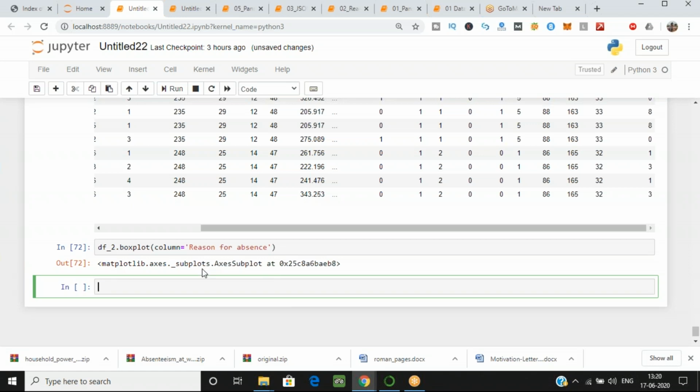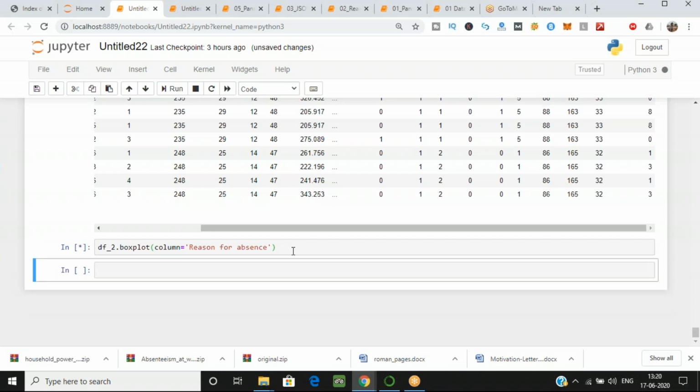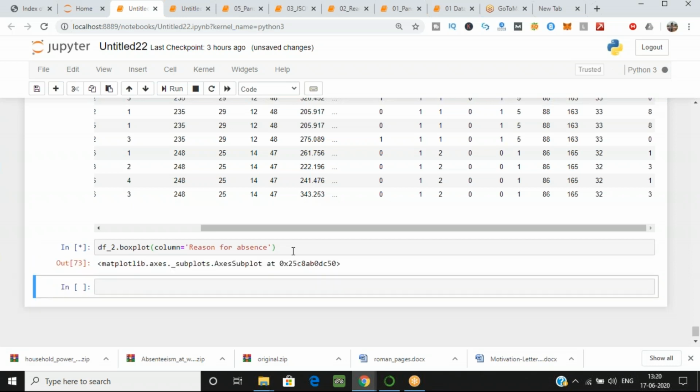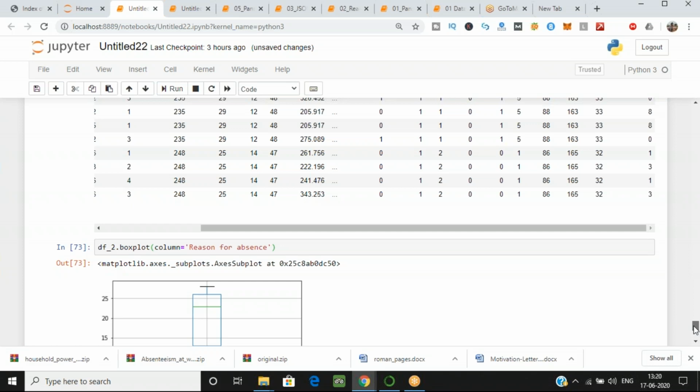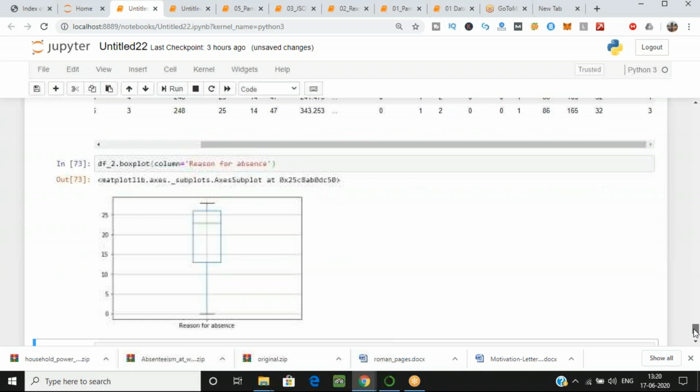As you can see over here, it is having a line matplotlib.axes. So it is taking the help of matplotlib. So the same diagram, same visualization you can do with the help of matplotlib, seaborn, or pandas, because pandas is on top of your matplotlib. Now can you see the diagram?